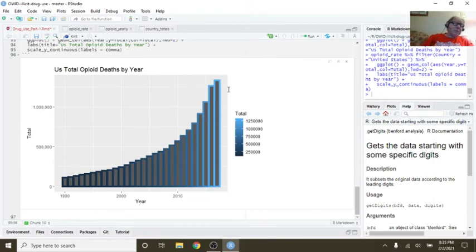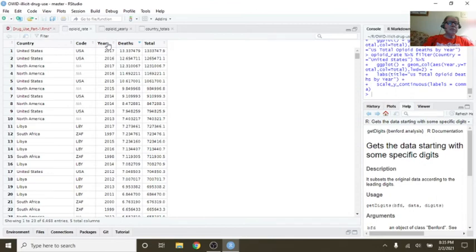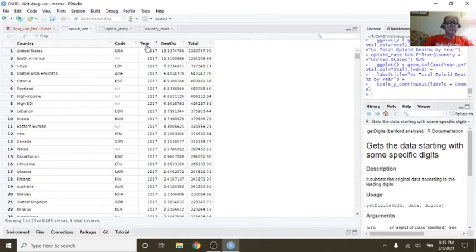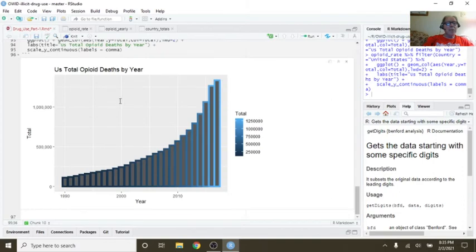We had over, so this is 500,000, 1,250,000, over 1,250,000 cases, opioid deaths in what, 2019? 1990, 2016.